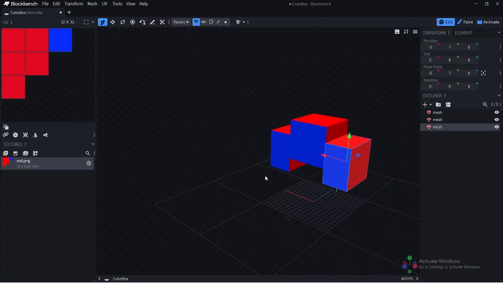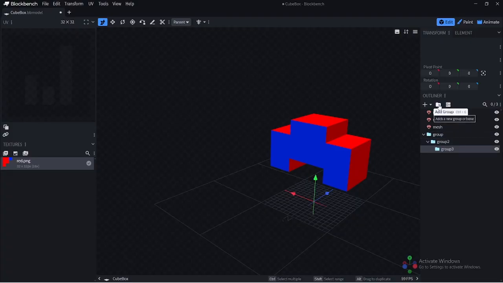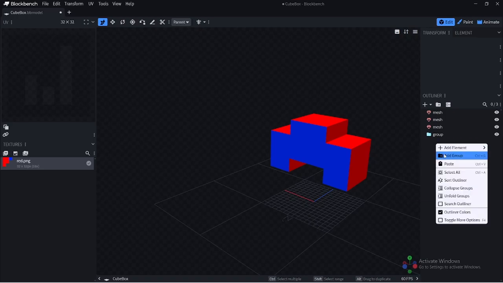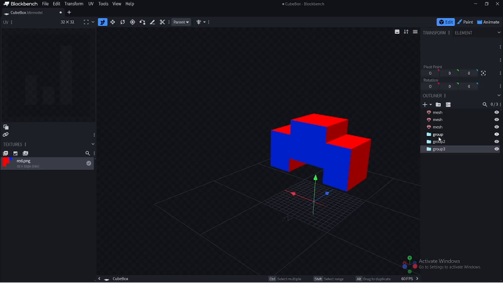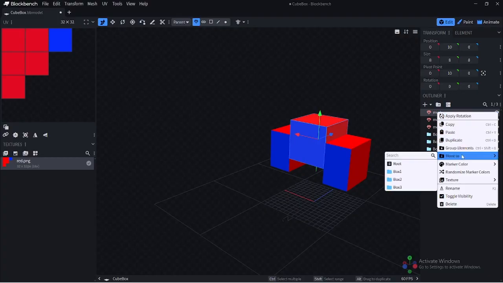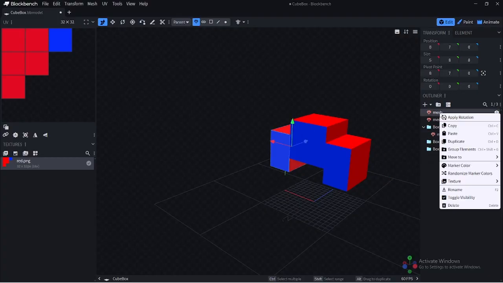What we're going to do first of all is put these into groups or bones, whatever you want to call them. So I'll just make 3 groups. Didn't want to nest them, so do it this way. I'll call them unimaginative names like this for now. I'm going to pop each of these inside. So move to box 1, move to box 2,